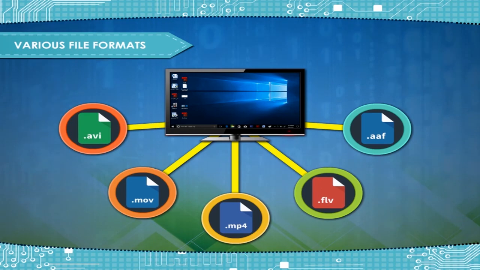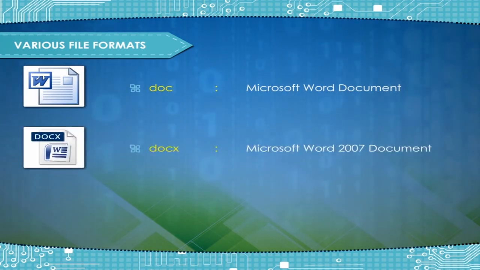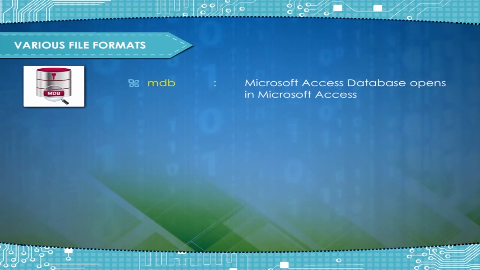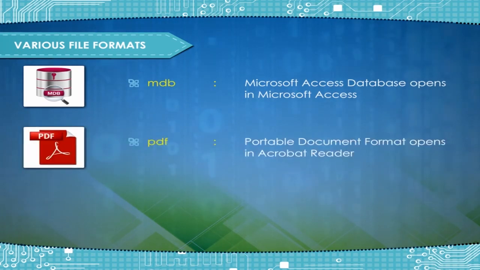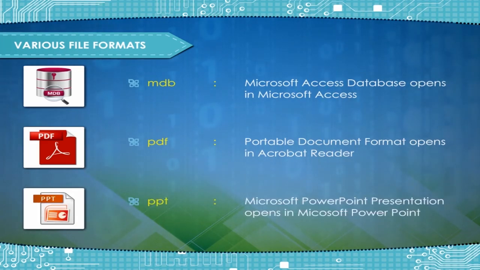A few of the more common file formats are doc, Microsoft Word document; docs, Microsoft Word 2007 document; HTML, hypertext markup language, opens in any web browser; MDB, Microsoft Access database, opens in Microsoft Access; PDF, portable document format, opens in Acrobat Reader; PPT, Microsoft PowerPoint presentation,